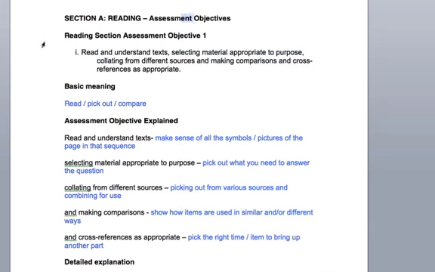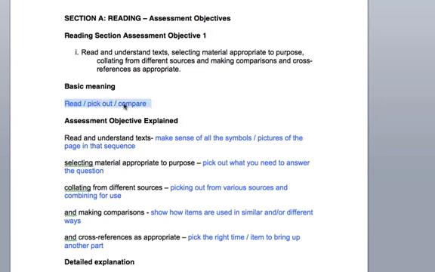So the very first assessment objective is to read and understand texts, select material as appropriate to purpose, collating from different sources and making comparisons and cross references as appropriate. So we'll go through each bit in its own right, but the basic meaning of the whole thing is you have to have the ability to read,